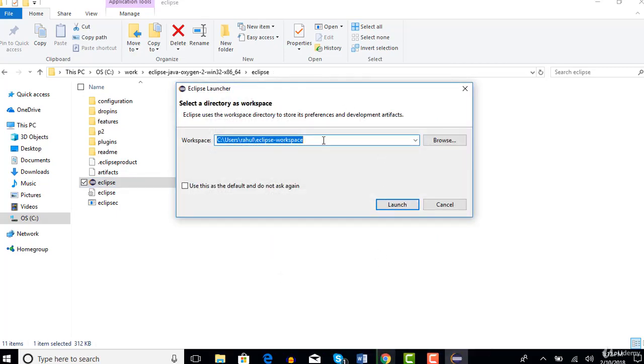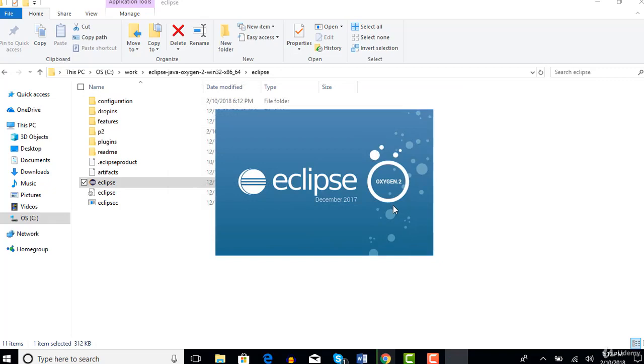Now, the Eclipse Workspace. It's asking for a path where you can create all your Selenium projects. Right now I am doing this in C Users Rahul, and I just give any random name, so that all the projects you create will be stored in this folder. Just select Launch, and this launches the editor. For the first time it takes a little time to load all the components.